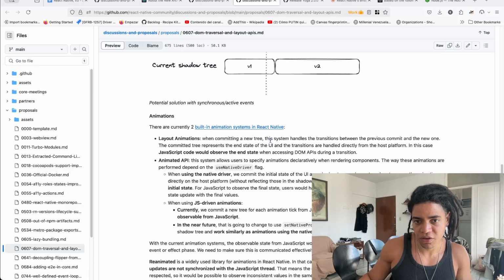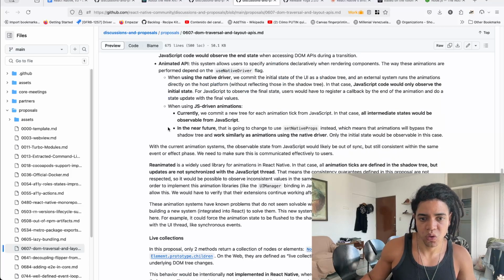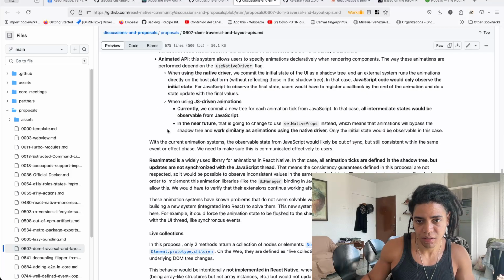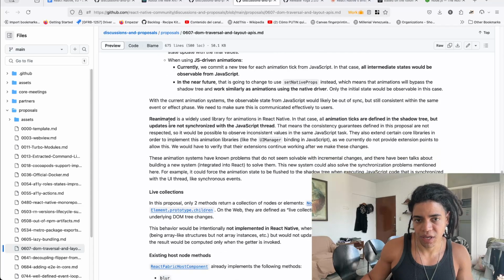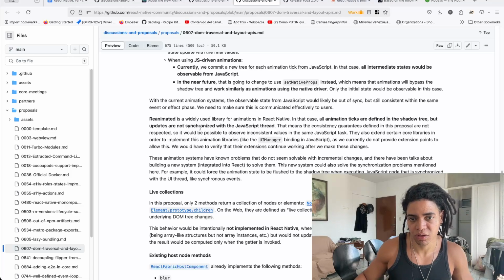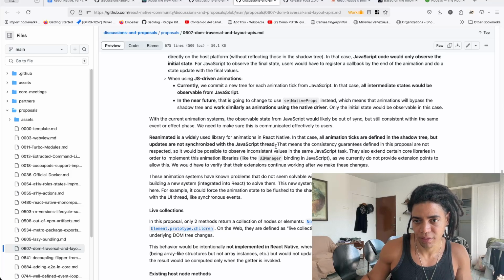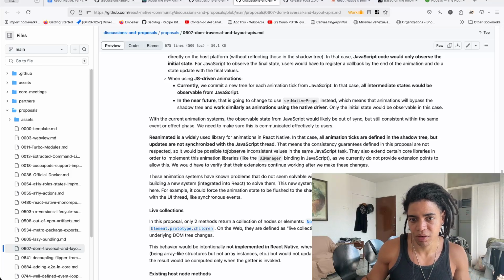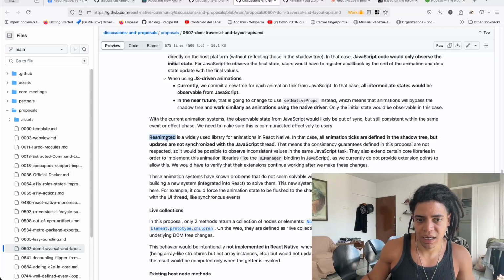Two built-in animation systems in React Native. Reanimated is a widely used library for animations in React Native. In this case, all animation tricks are defined in the shadow tree, but updates are not synchronous with the JavaScript thread. That means that the consistency guarantee defined in this proposal is not respected, so it will be possible to observe inconsistent values in the same JavaScript. So Reanimated is